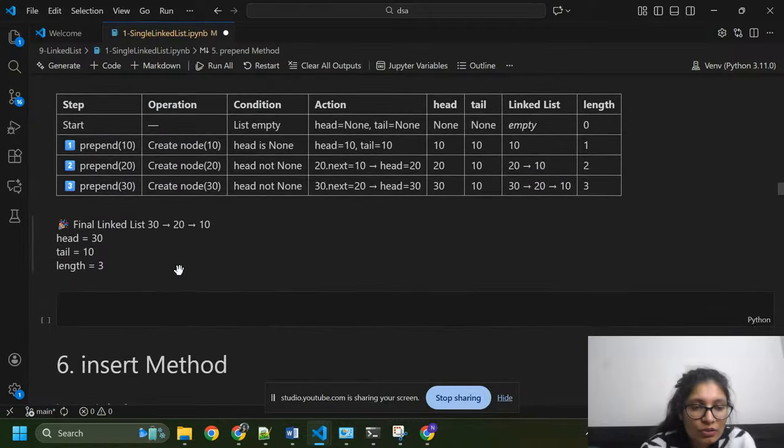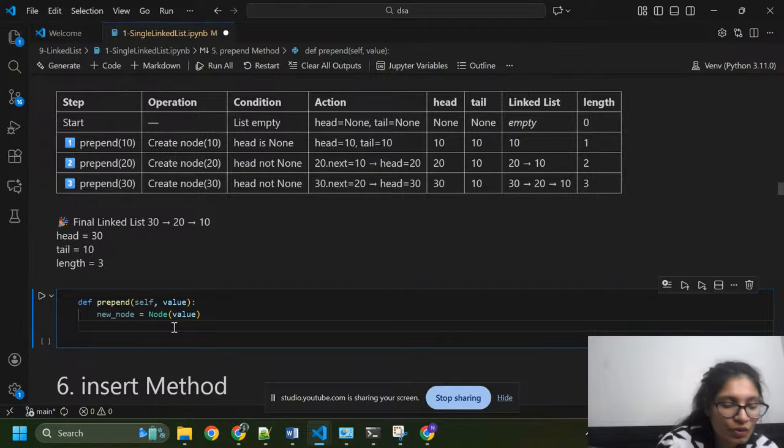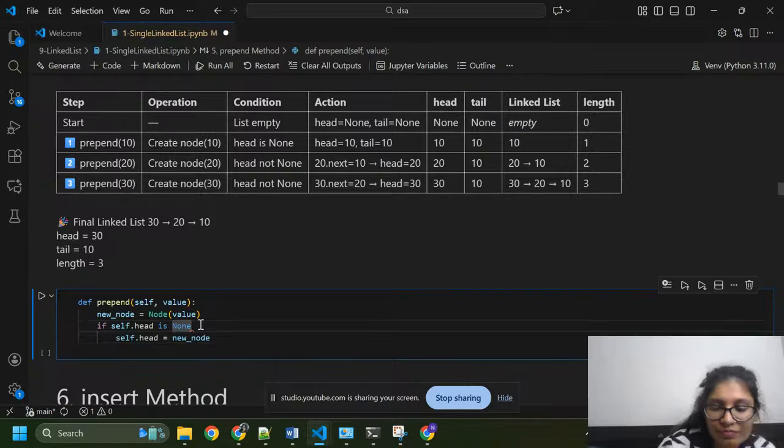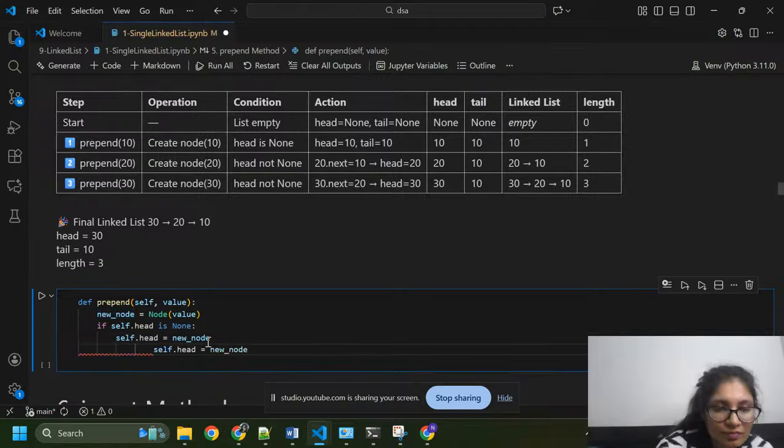I am going to pass value, and here I am going to create a new node, similar to before: new node equals Node, passing value inside. If self.head is None, then self.head equals new node, then self.tail equals also new node.